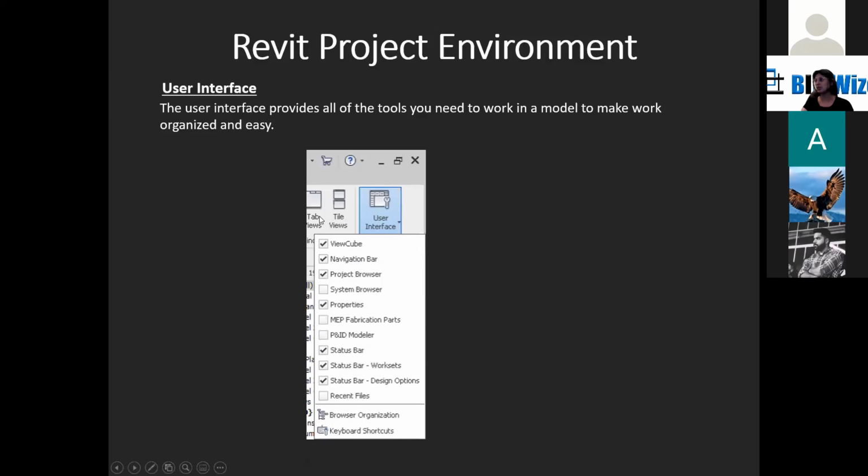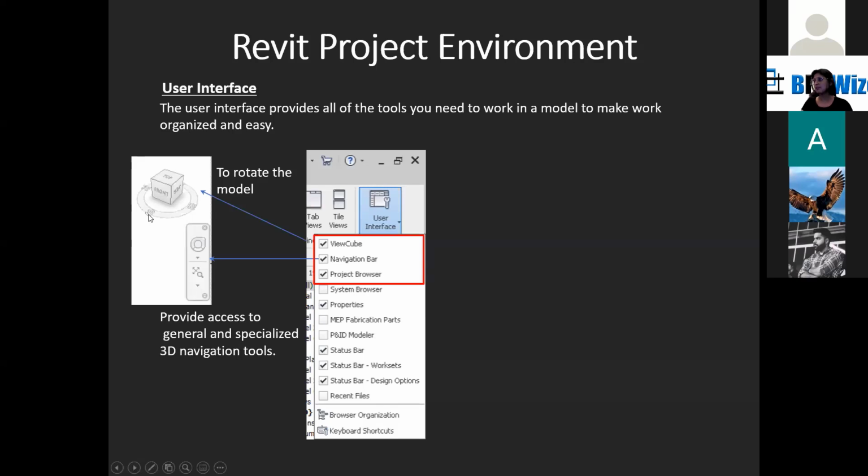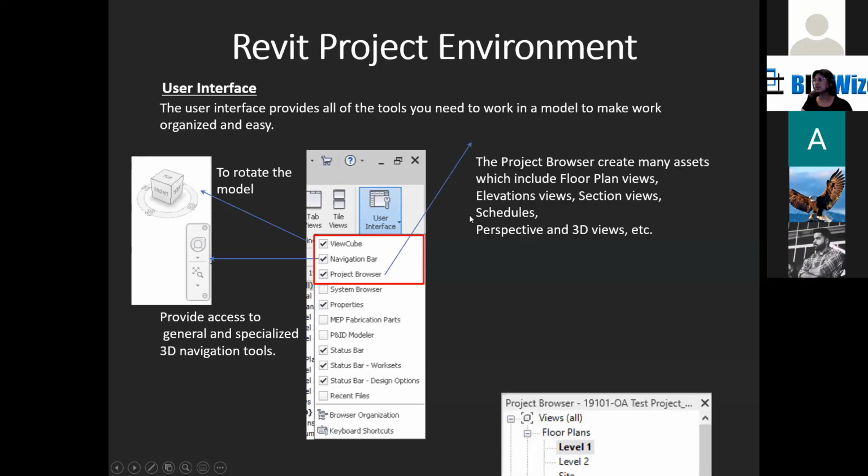we talked about how we put on the user interface. So if you just go in your architecture tab, all the way at the end, you can turn on and off different windows inside your Revit. So we'll show you. So this is a view cube. This is very similar, I think now AutoCAD also has something like this. There is